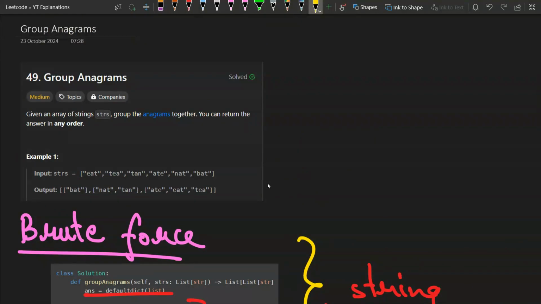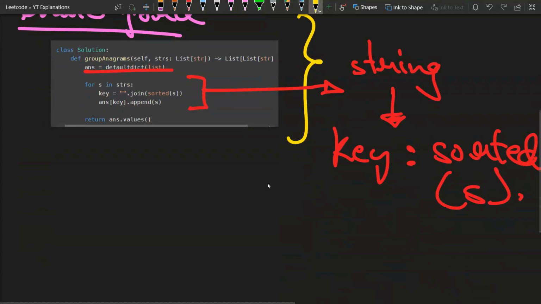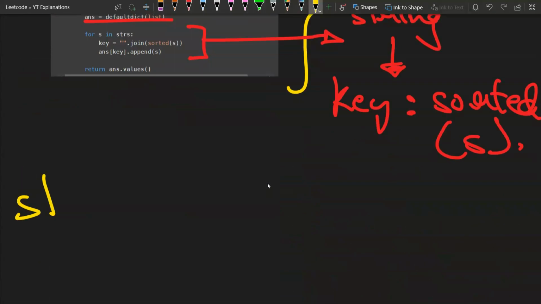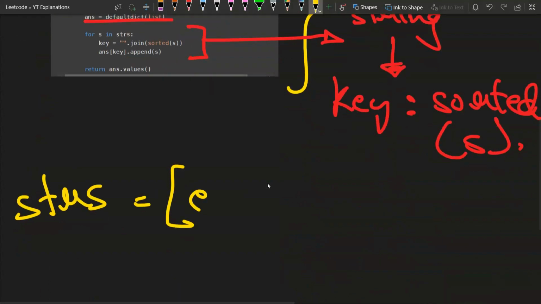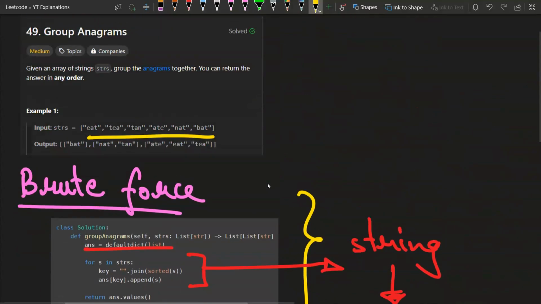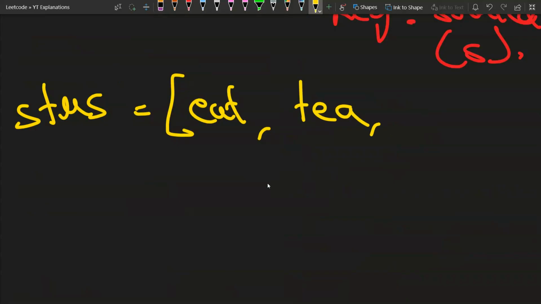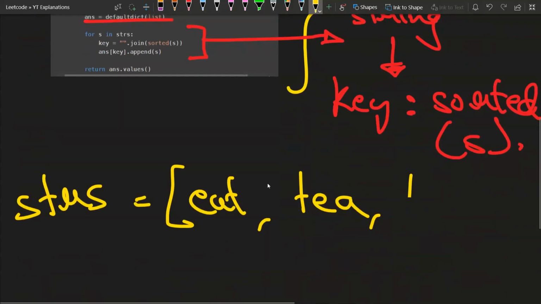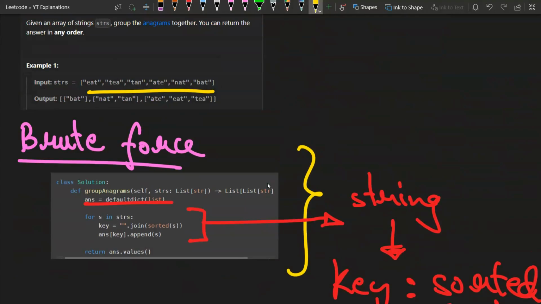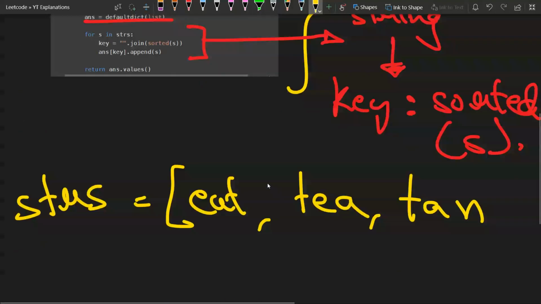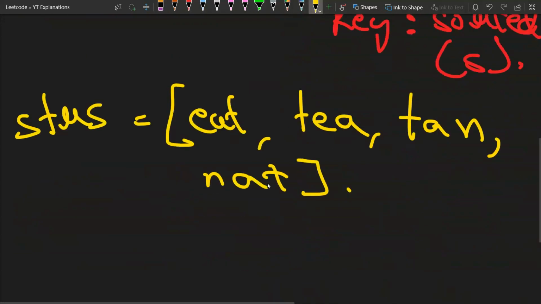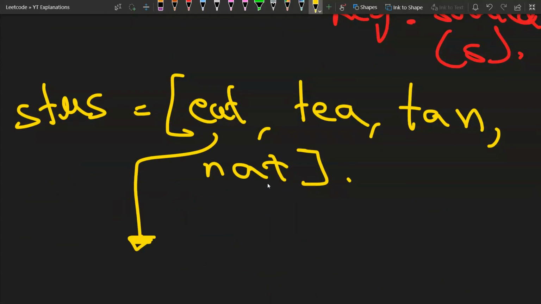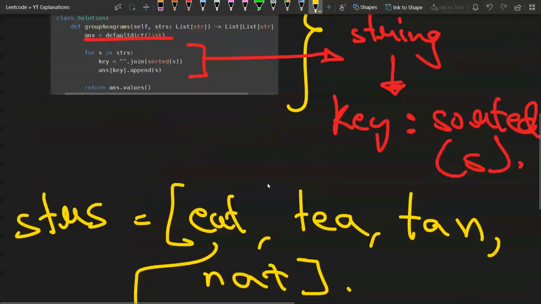So for example, if we have this example, let me just copy it. strs is equal to eat, tea, tan, ate, nat, bat. So what happens is, in the first iteration we iterate over the string eat, and if we sort it,